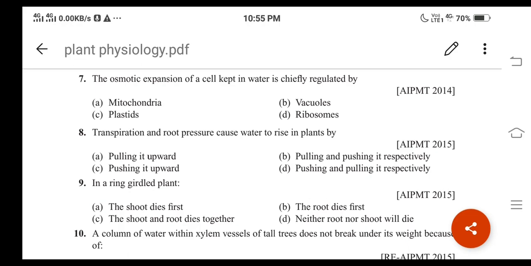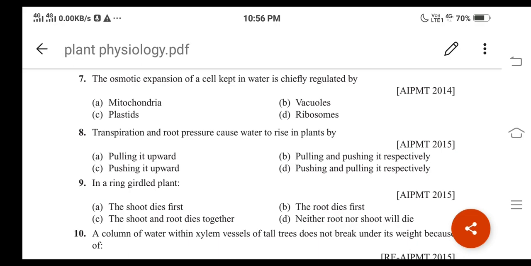According to the question, option B, vacuoles, because the vacuoles will be having a membrane called tonoplast. The vacuoles are the plant vacuoles, and the membrane of the vacuole is responsible for the movement of the water into the cell or outside the cell. And so option B is the correct answer. Then